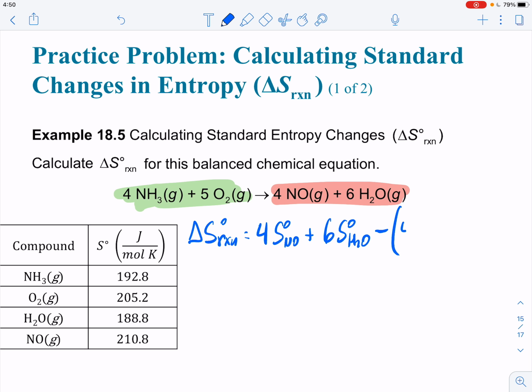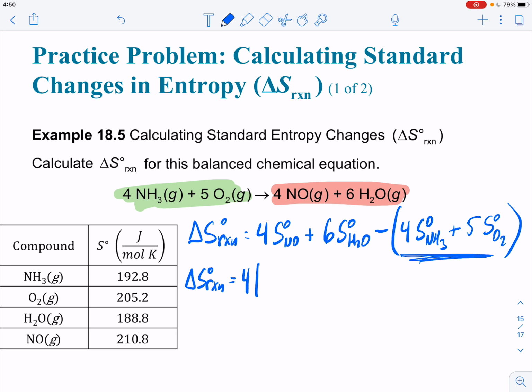Okay, so that is 4 entropies of ammonia plus 5 times the entropy of oxygen. Remember, you are subtracting everything in the product side. So I'm just grouping them with a parenthesis. So that means that your entropy of reaction is going to be 4 times, and well, in this case it's not so critical because they are always positive. So 4 times